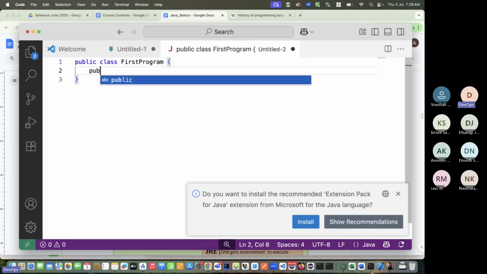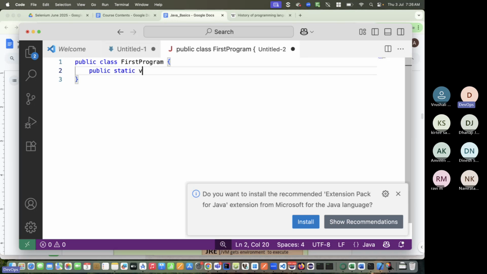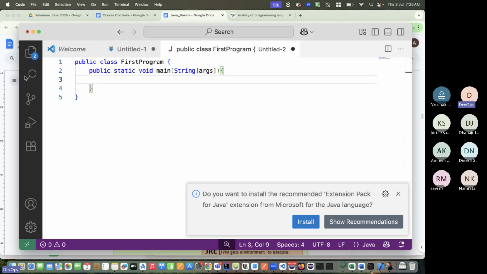Okay. Public static void main string args. Don't worry about these things. We will learn all these keywords in some time. But this is how we will be writing a program in Java. And now I will write something like this: